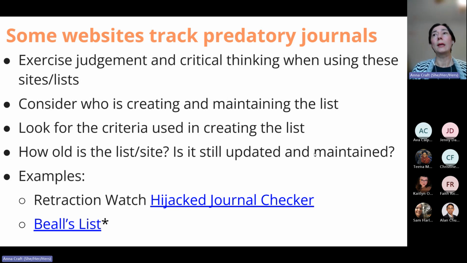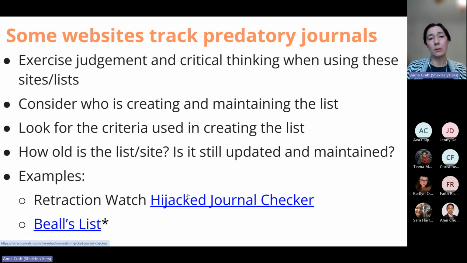One of the longstanding, perhaps first ones of these was Beall's List, created by a librarian in Colorado, and it got him in a lot of trouble with his institution and with a particular publisher that did not want to be labeled as predatory. To my knowledge, that list is not being updated anymore. So think of it as a snapshot in time and not something that we can necessarily get all of the information we would need right now from it.